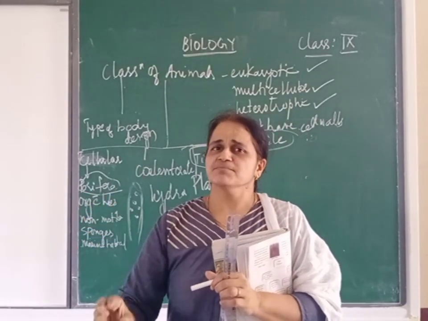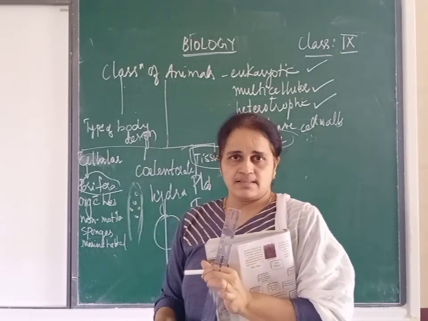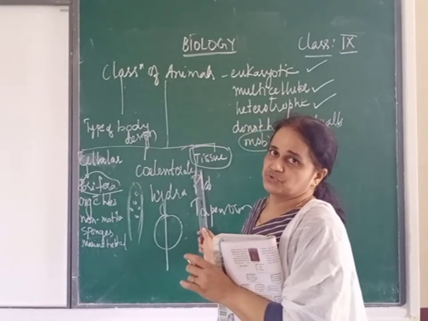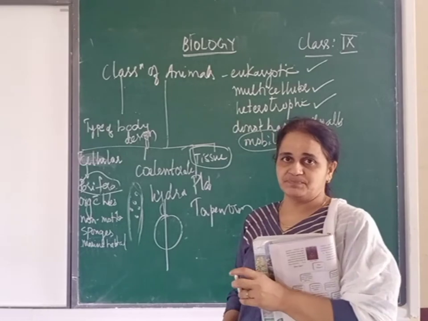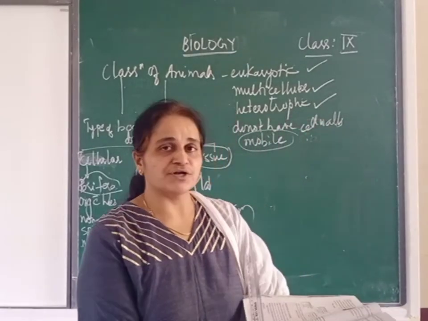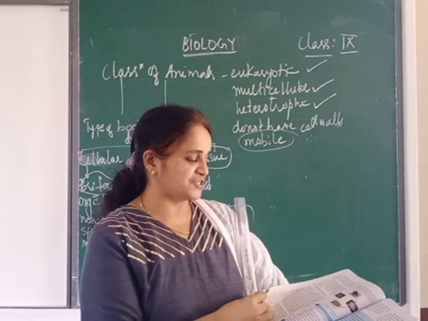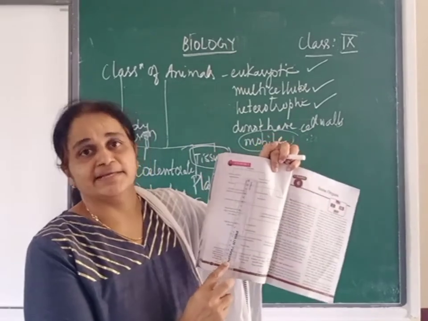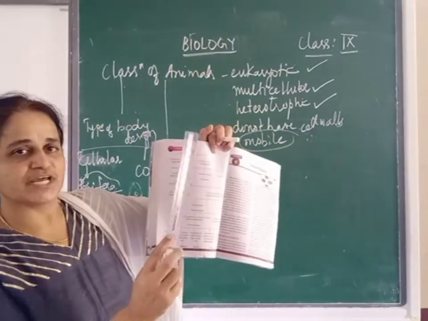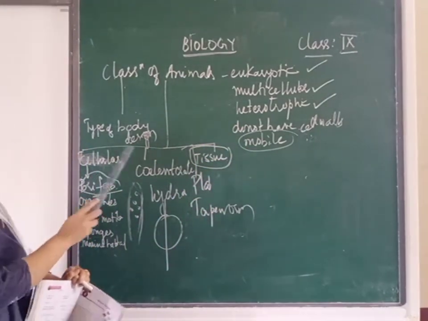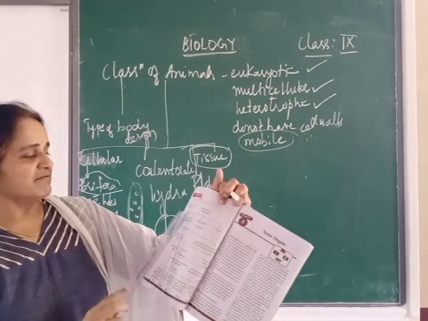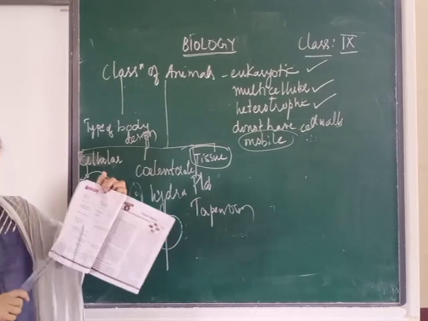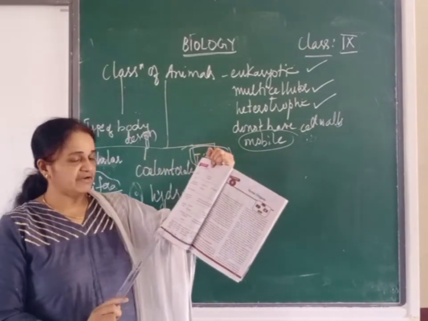Classification is based on the type of body design. This classification begins from the level of cell, that is cellular level, or it may be at the level of tissue, that is tissue level of classification. If you go to the last page in your unit, you have the classification annexure on the classification of the kingdom Animalia. We are dividing the kingdom Animalia. Firstly, it is divided into two levels of organization, cellular level and tissue level. At cellular level you have only one group, that is the first group, Porifera. Just look at page number 74.